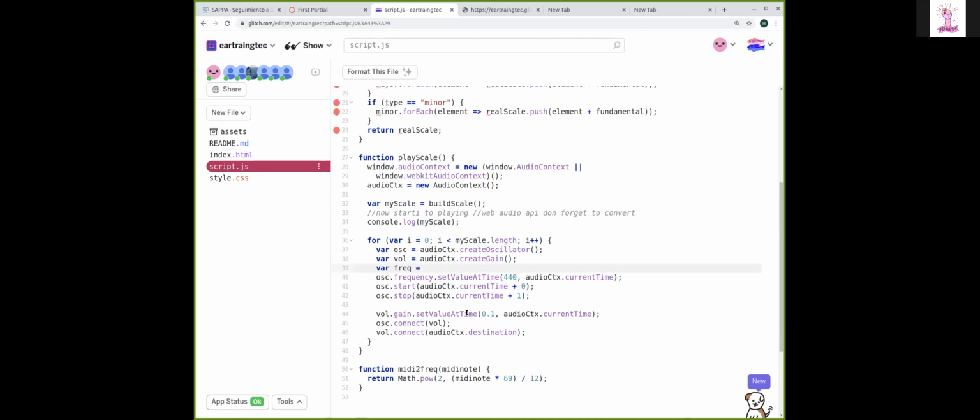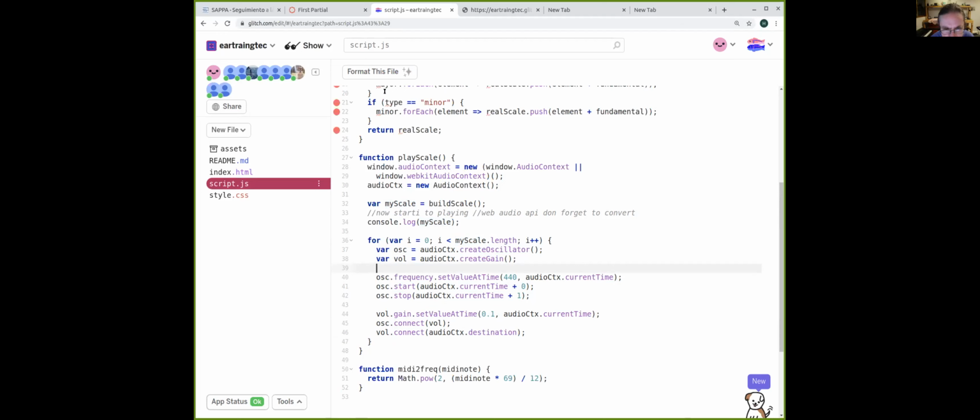We need to convert our node. First, we need to get the node. How can we get the node? The real scale? Actually, it's not called real scale. In this context, it's not called real scale